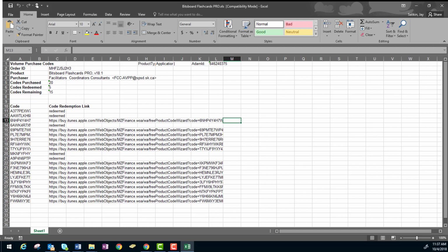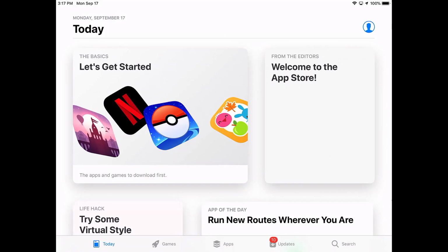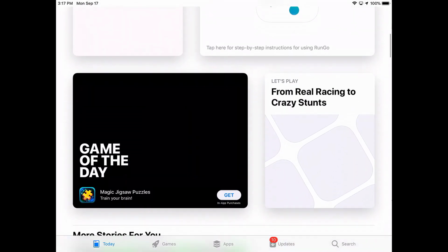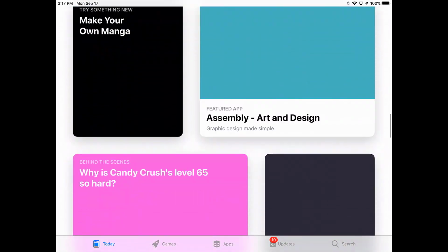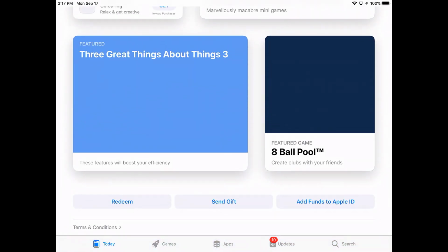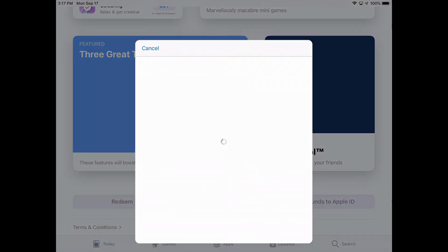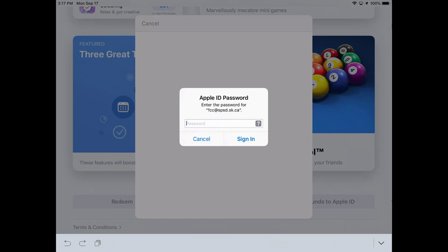So once I get that code, now I have to go visit the iPad. Once you have the redeemable code, you have to visit the App Store. In the App Store, you have to scroll down the Today page. This is iOS 12 here, and you have to go all the way to the bottom. On the very bottom, you'll see Redeem. Redeem is where you enter the redemption code that you got after purchasing in the Apple Volume Purchase Plan